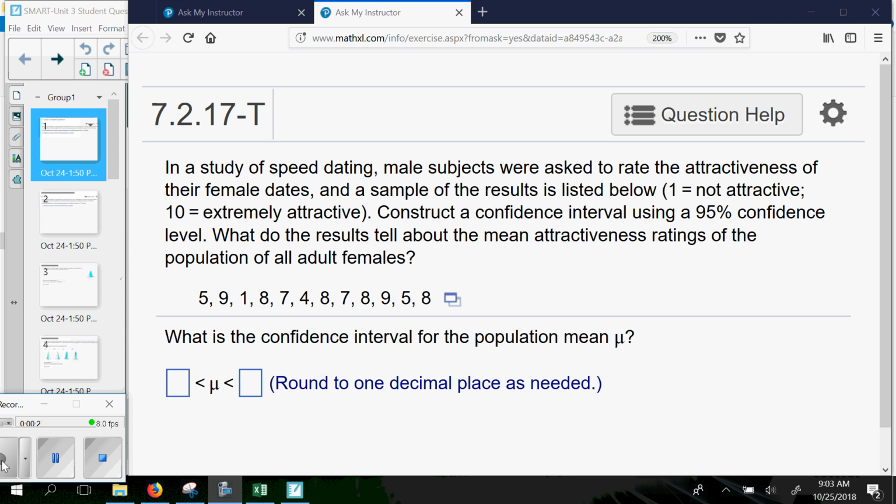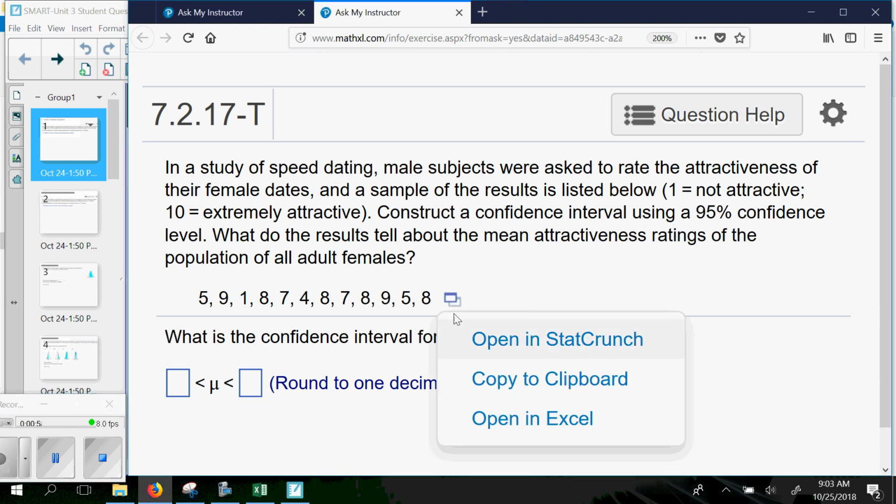In a study of speed dating, male subjects were asked to rate the attractiveness of their female dates, and a sample of the results is listed below, 1 being not attractive to 10 being extremely attractive. Construct a confidence interval using a 95% confidence level. What do the results tell about the mean attractiveness ratings of the population of all adult females? And then the data is given here, and we can open that up in Excel,